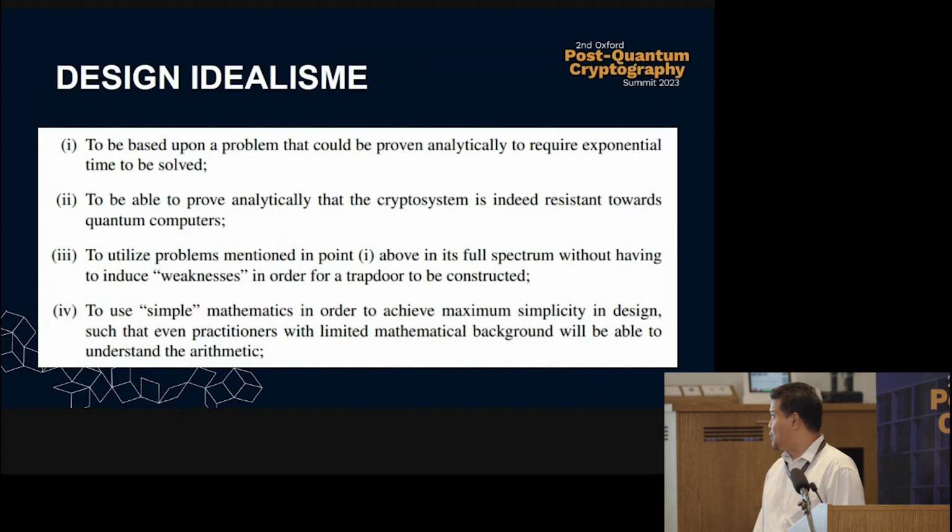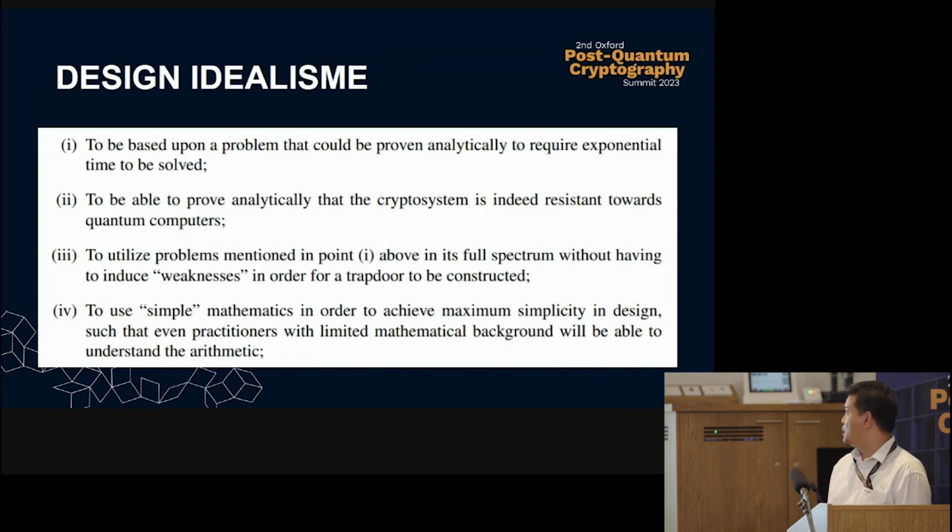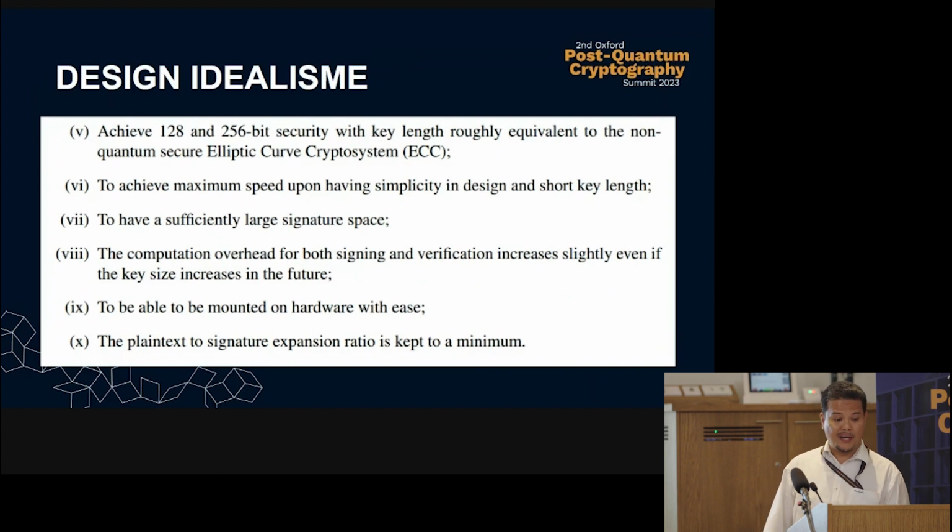It's supposed to be based upon a problem that could be proven analytically to require exponential time to be solved, so that it can be proved analytically that the crypto system is indeed resistant towards quantum computers. It should utilize the problems mentioned in point 1 above in their full spectrum without having to induce weaknesses in order for a trapdoor to be constructed, and use simple mathematics to achieve maximum simplicity in design, such that even practitioners with limited mathematical background will be able to understand the arithmetic. It should try to achieve 128 and 256 bit security according to the ECC length,